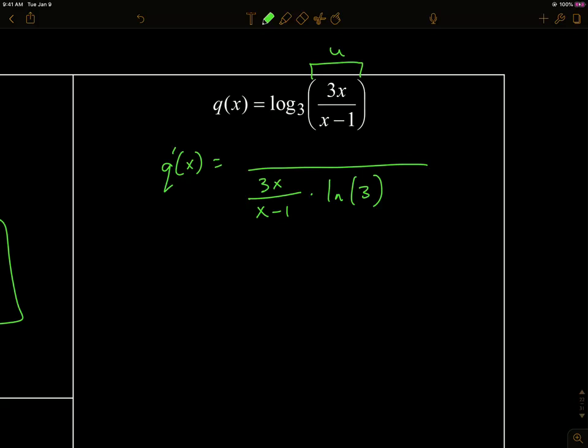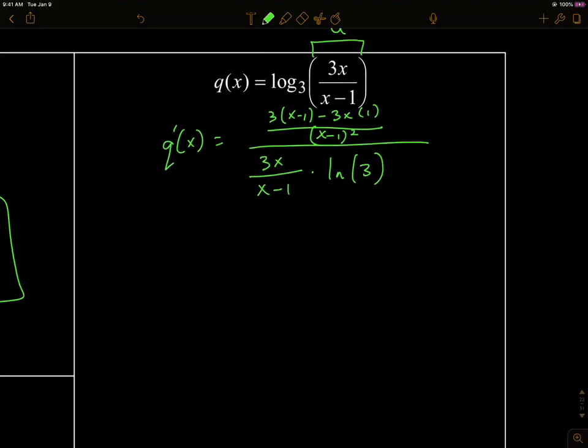So this is where it gets annoying, and we can avoid this part. So I do quotient rule on this. I get 3. I'm just going to blast through it because we're not going to do it this way. The derivative of the top times the bottom, minus the top times the derivative of the bottom, all over the bottom squared. And then how do I simplify this thing? Up top, I've got 3x minus 3 minus 3x, all over x minus 1 squared, times x minus 1 over